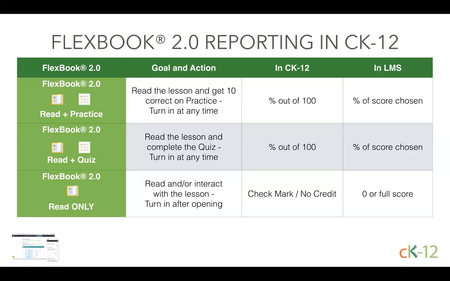So Flexbook 2.0 lessons automatically assign any matching practice or quiz attached to that lesson when you make an assignment. And the score reported to your class will be based on the attached practice or quiz. These are scored as a percentage out of a goal of 10 correct for practice, or the total number of questions for a quiz. If you have made your own Flexbook and have yet to include the matching practice, then the lesson would be assigned like other learning modalities, with just full or no credit given.